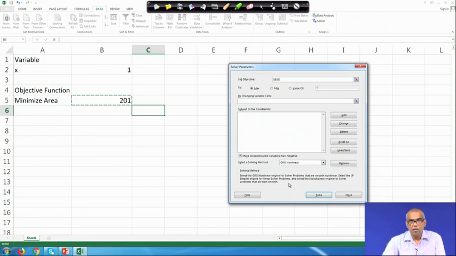You see under Set Objective, B5 has appeared. Next, you have options like Max, Min, Value Of. We are solving a minimization problem, so let us click on Min.